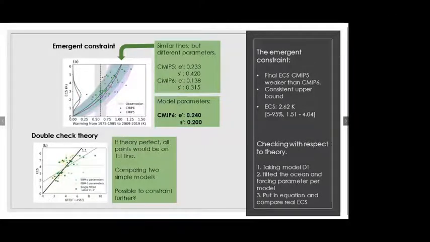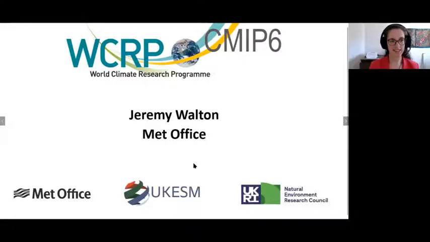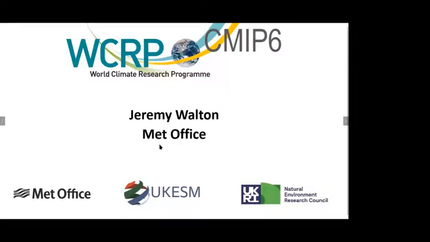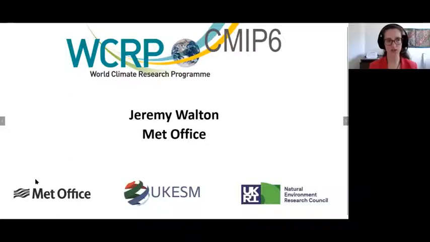Okay, and then Peter Cox has a question for you. What is your "likely" range of ECS? Yeah, he asked me that last week, and unfortunately I've got a bit of RSI, so I've not been able to figure that out, but it should be approximately between 2.2 and 3.4, if I do some computation by heart. And likely in this case means what? Two thirds of the probability density function within that range.